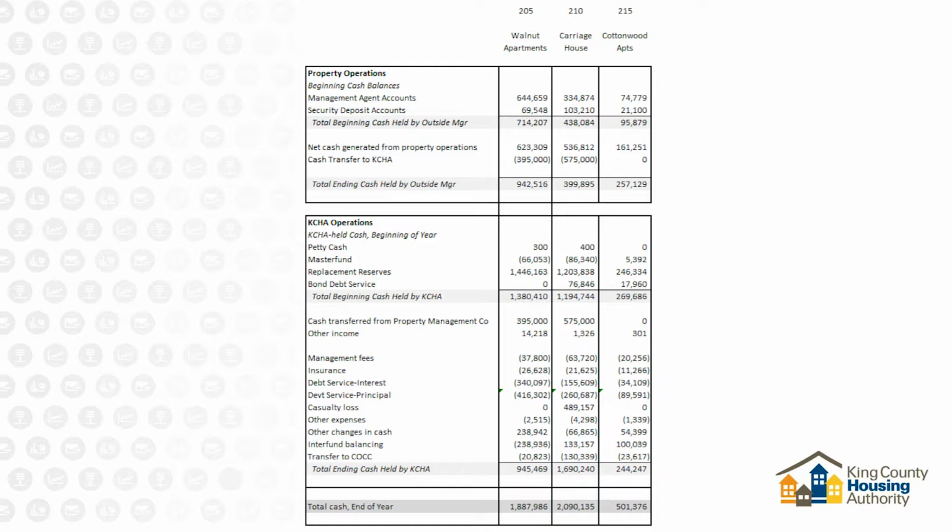So I mentioned we've got 156 properties. This is just 3 properties in that group. And what this does is it basically is a little reconciliation of our starting cash at the beginning of a period and the ending cash. So it's a little mini cash flow statement. And what's so important to us is that we can do research and analysis on the fly.